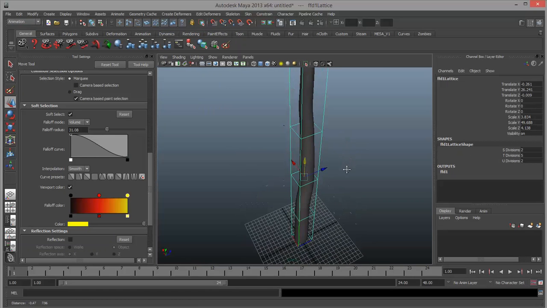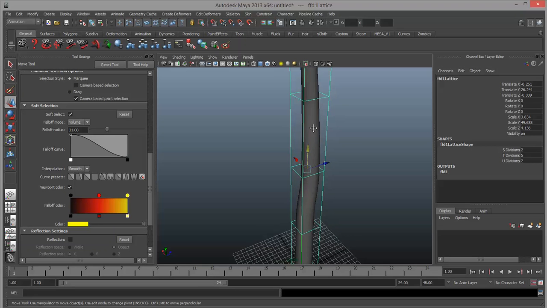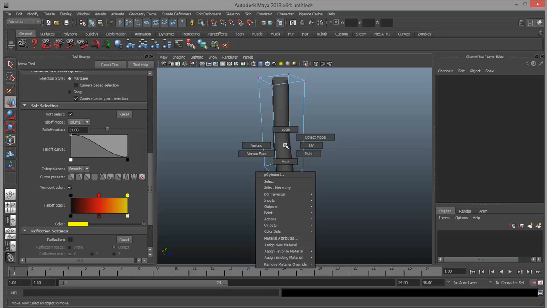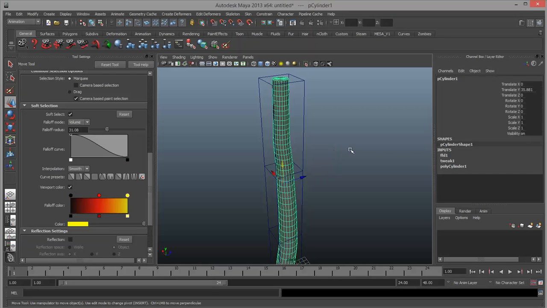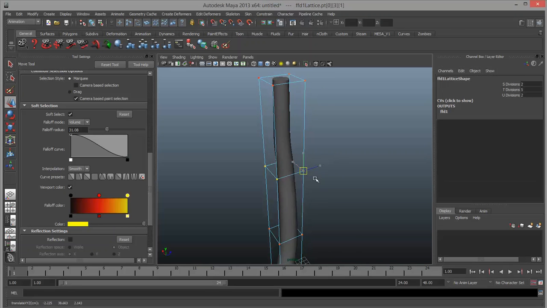And you can see the lattice is like a cage around the object, and it has vertice points all its own. Now when you access these vertice points, you have to right-click and hold over the lattice to get a lattice point, not over the object to get a vertex. Okay, so make sure that you have your object on object mode. Hover over the lattice, choose lattice point, and now when I grab one of these lattice points, you're going to